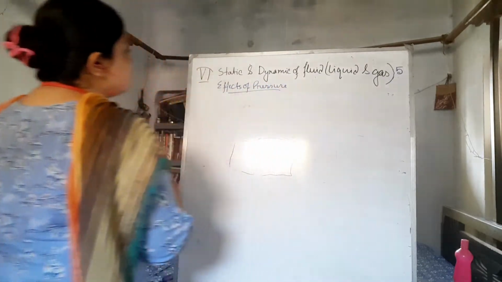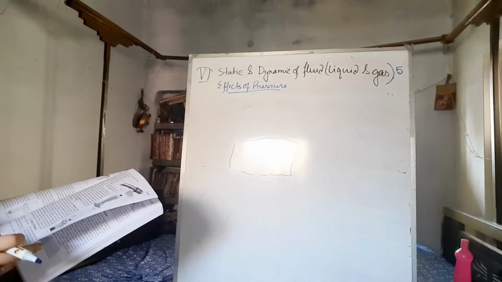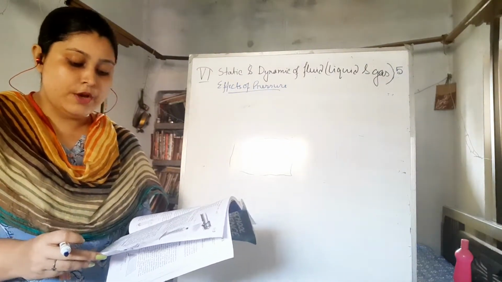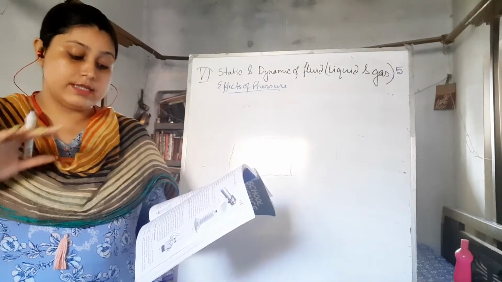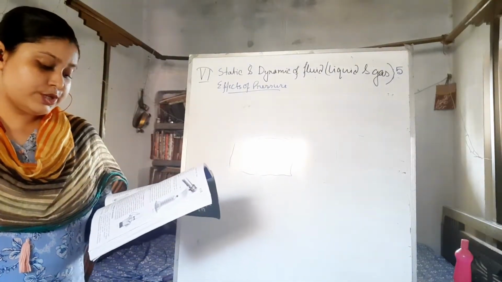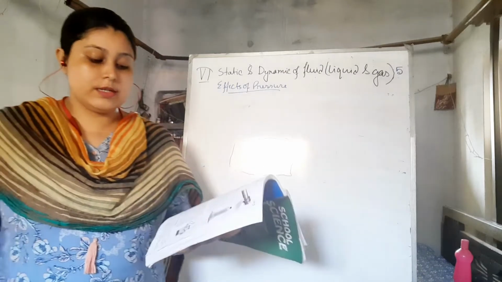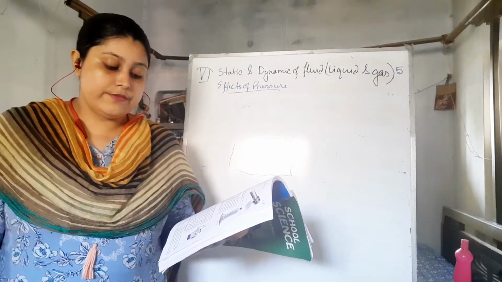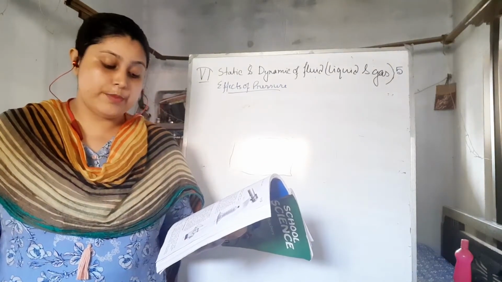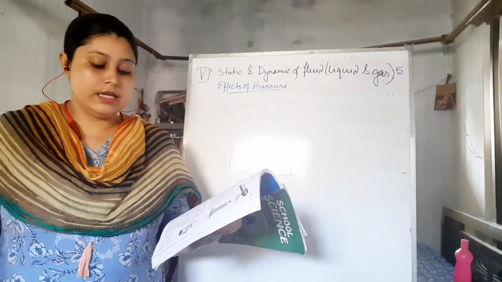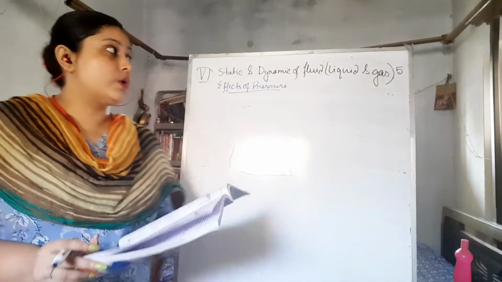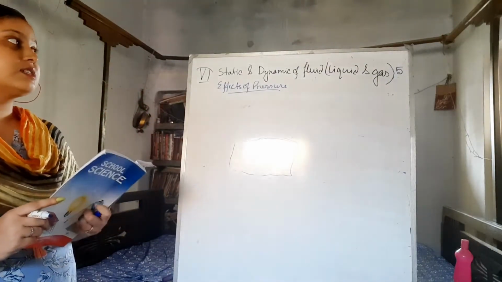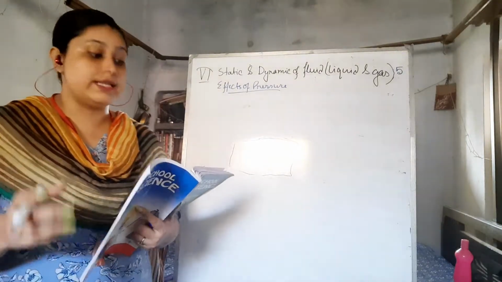And I told you about different things, like the pressure at a point inside the liquid increases with the depth. It is more than at the surface. The pressure at all points in a horizontal plane at a given depth within the liquid is the same. A liquid flows from higher pressure to lower pressure, and also a liquid seeks its own level. So these 4 points I already told you, and now I will discuss these points with some examples.